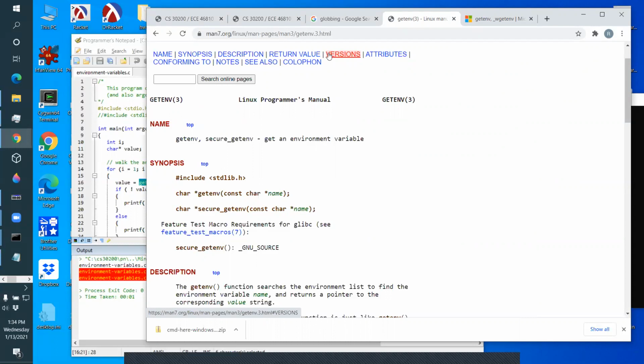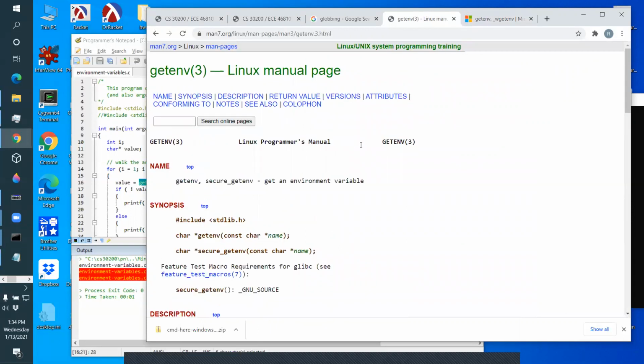There are a lot more programmers using Linux. I mean, most people install Windows and just watch movies on it. They're not programming, they're just watching movies or reading their email or browsing the internet. The actual real programming tends to be done much more on Linux. So if you just Google something like getenv,